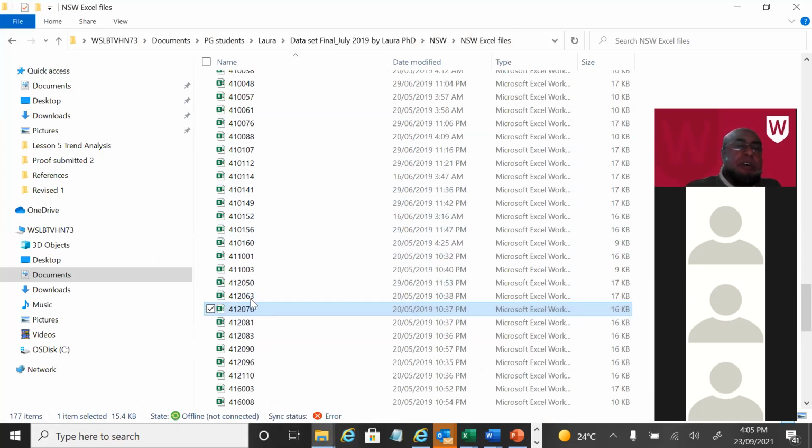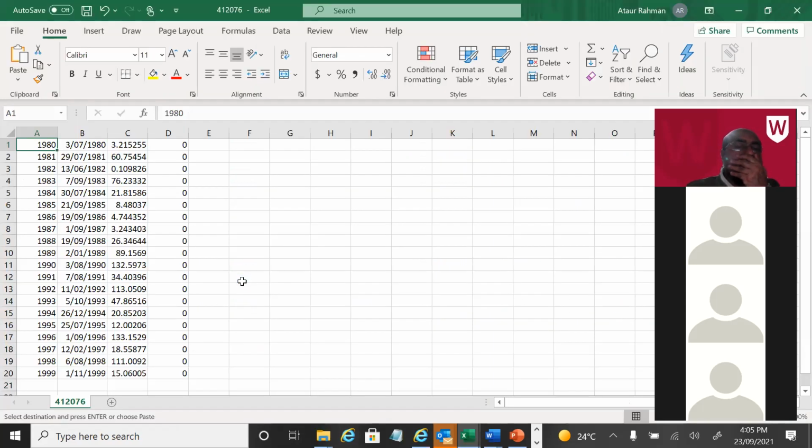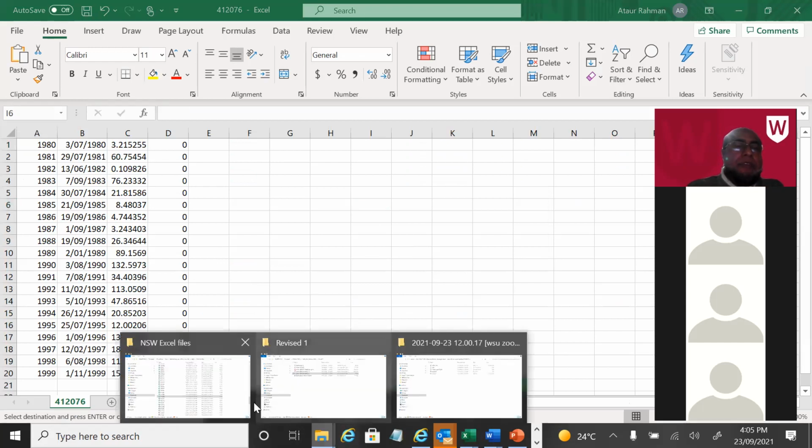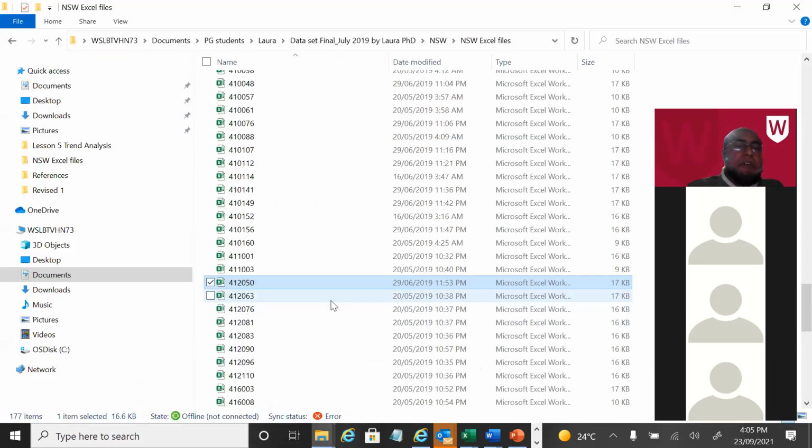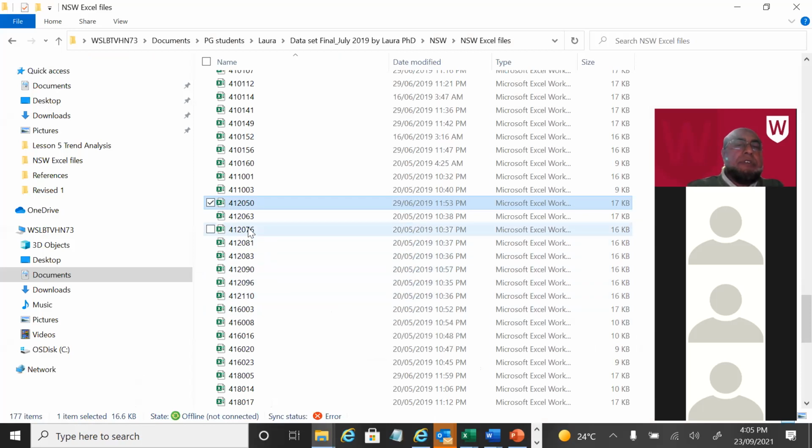412050? How long? Sanjay? It's 49 years. What is the last year? 2018. So that's right. So we need a station where we have data up to 2018 because we need more correspondence. So let us see